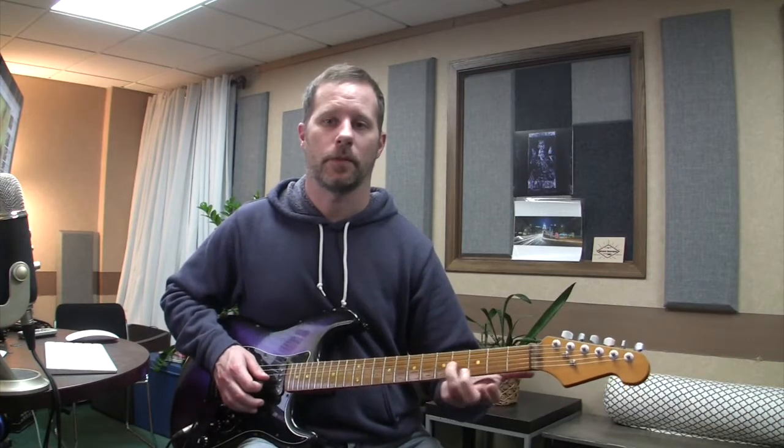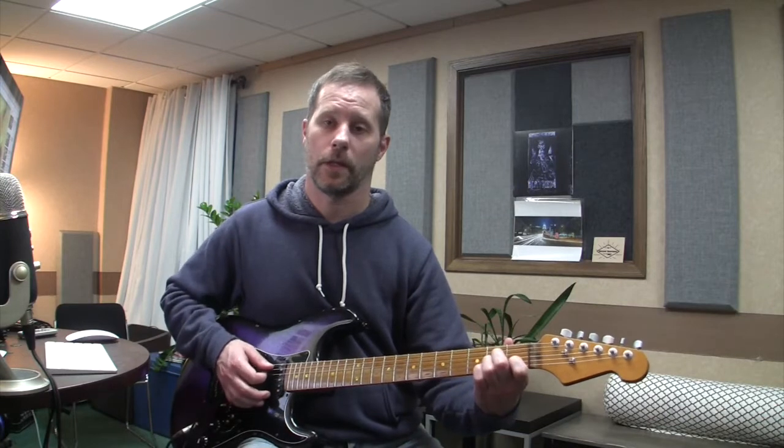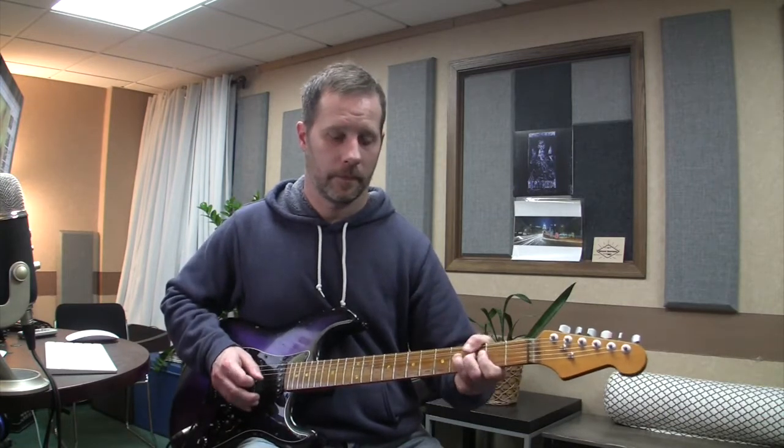And bending the B up to the C, which is implying like the minor 3rd of the A minor chord or key. So we got